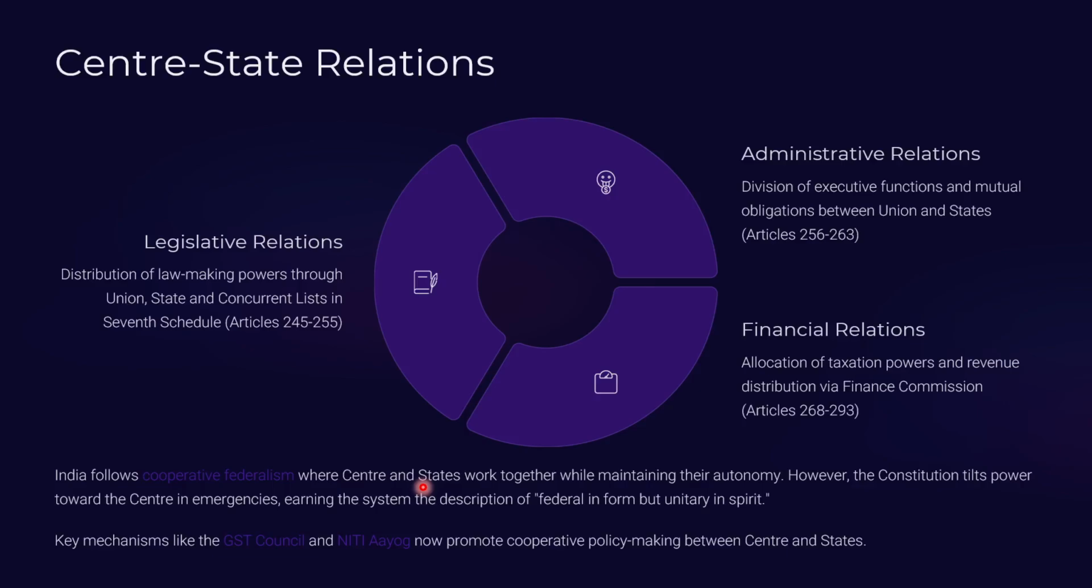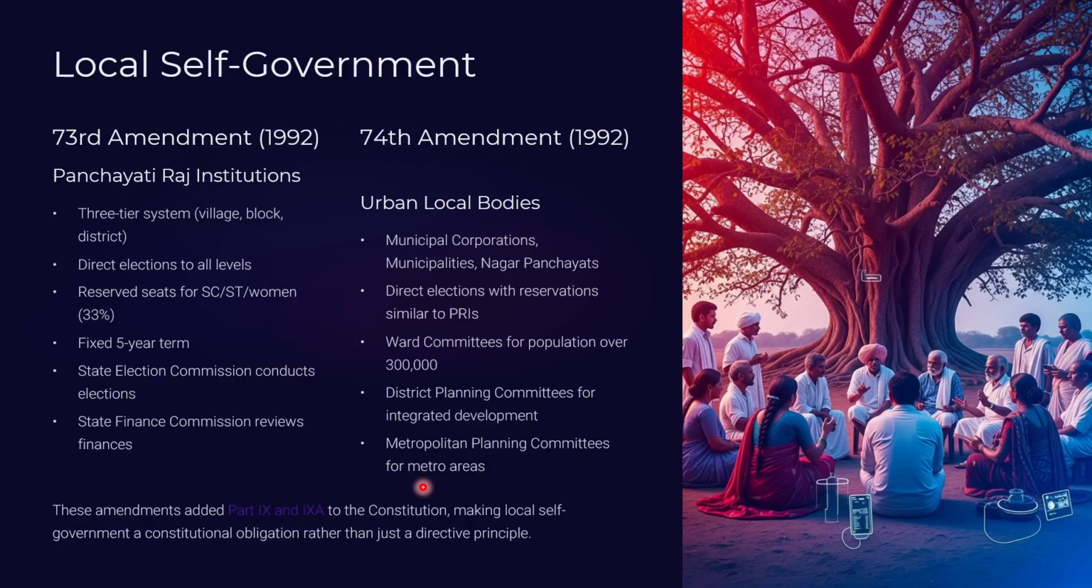So India follows cooperative federalism, where center and state work together while maintaining their autonomy. However, the constitution tilts powers towards the center in emergency, earning the system the description of federal in form but unitary in spirit. The key mechanisms like GST Council and Niti Aayog now promote cooperative policy making between state and center. So let us discuss